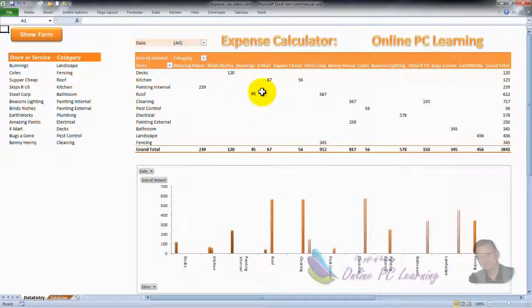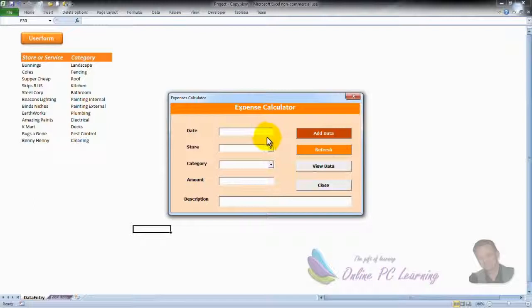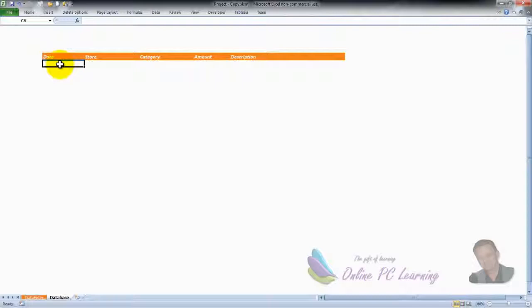Well, where did we get up to? Well, let's have a look. In our previous tutorial, we were able to get to the point where we put our two sheets on. We'd been able to establish a user form that came up, and now simply what we want to do is, when we put our information into the user form and push our add button, we want to take that information, take it over to the database sheet, and if there was information in here, for instance,